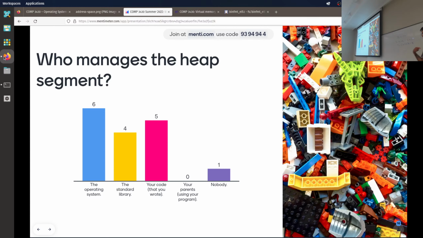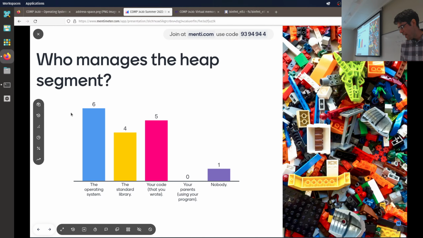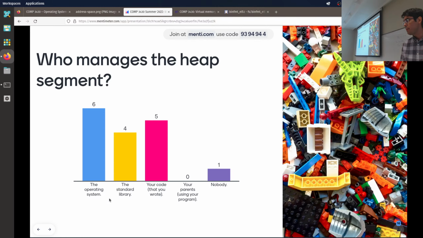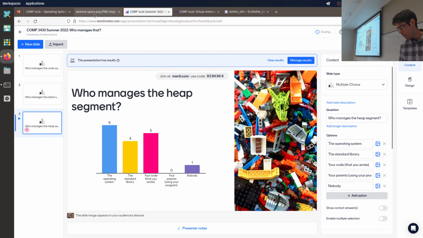The code that I wrote, obviously I'm putting the bits inside of what I get back from malloc. That's my job. Nobody else is doing that, and maybe nobody is doing it if you're just mallocing everything. So in this case, our OS is responsible for creating that segment for us, but beyond that, it doesn't do much. It maybe resizes it, but we're not actually doing anything with it. The standard library is indeed what's going to be managing the allocations to this heap. The code that I wrote is actually putting the bits in here. These are the two answers that I'm looking for. Okay, so